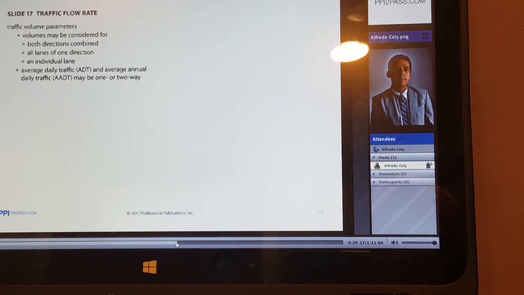We also have traffic volume parameters. Note that volumes may be considered for both directions, where we combine the volumes, or for all lanes in one direction, or for an individual lane. So you may be asked a problem in the PE exam where you may have a little bit of a quick check done by NCEES to see if you're paying attention. So they may say they want you to calculate something for both directions of traffic, or for all lanes in one direction, or for one lane